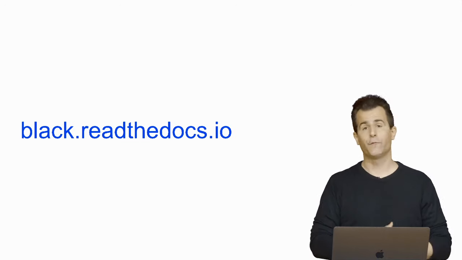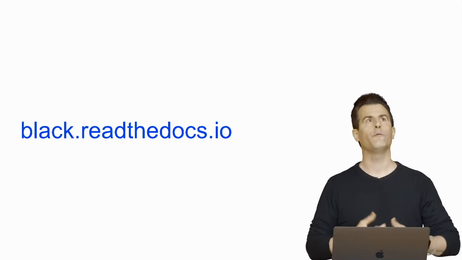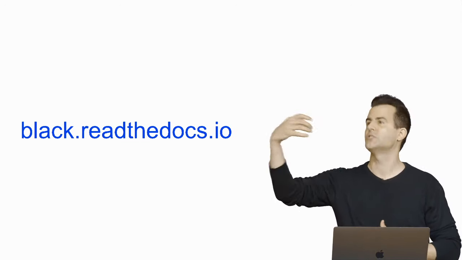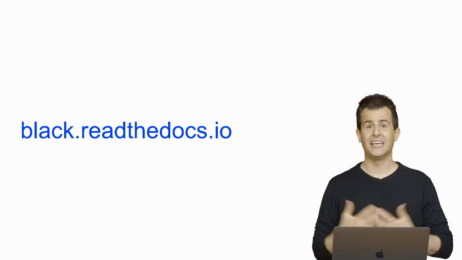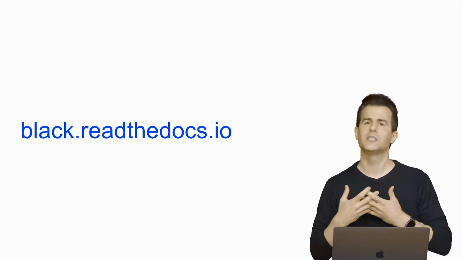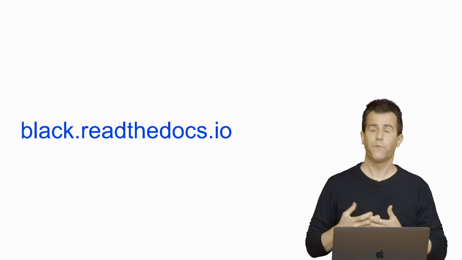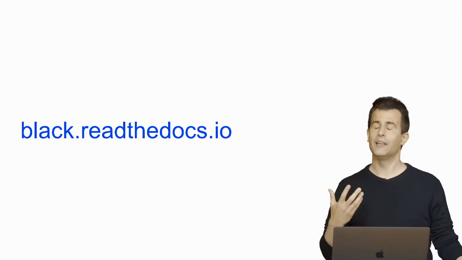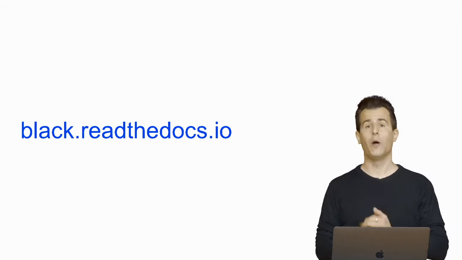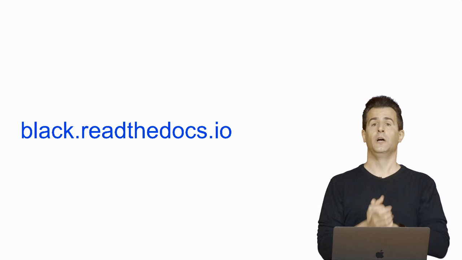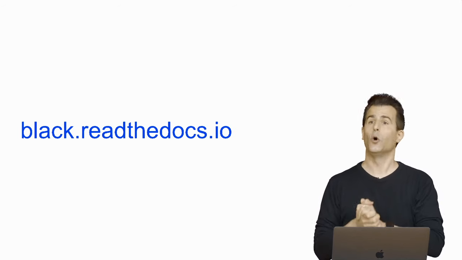And different companies and different people might reasonably disagree and therefore have their own style guide here, their own style guide there. And it just tends to waste a lot of time, is the thinking, if all of us don't even agree on some of these basics. So this particular formatter called Black is opinionated in the sense that it just makes a lot of these decisions for you. And if you don't like the way Black is formatting your code, tough. That's the way it's going to do it.